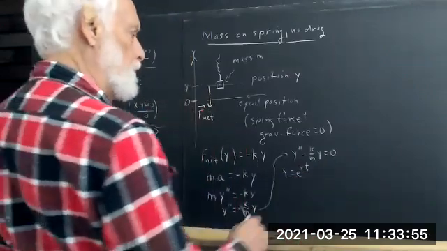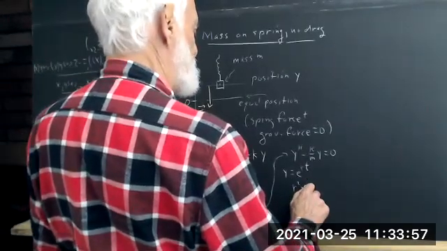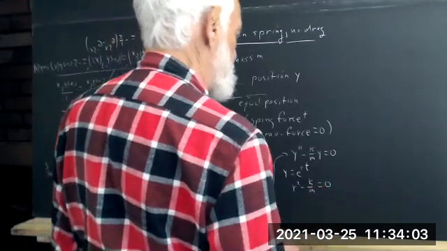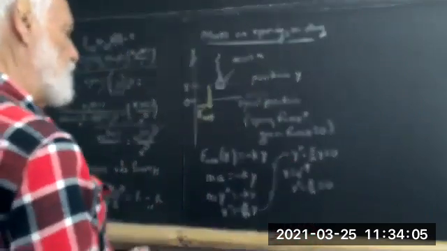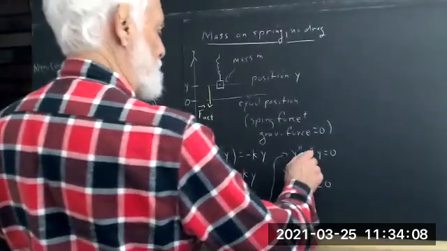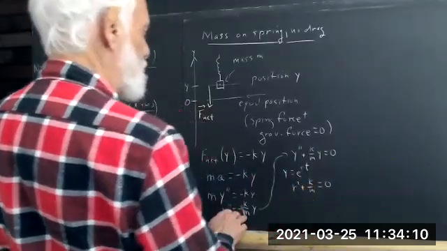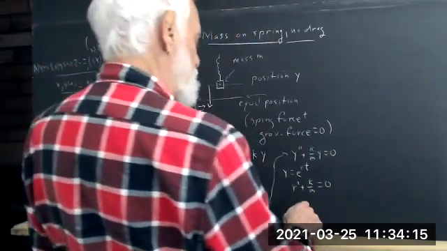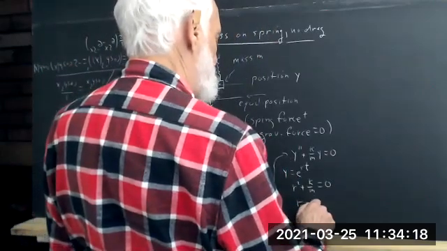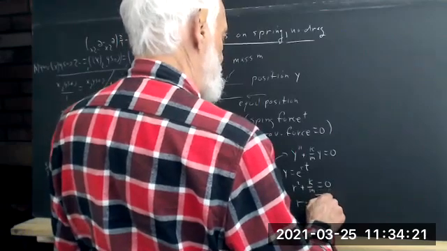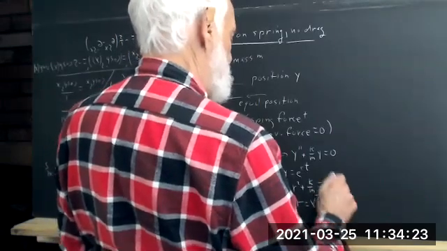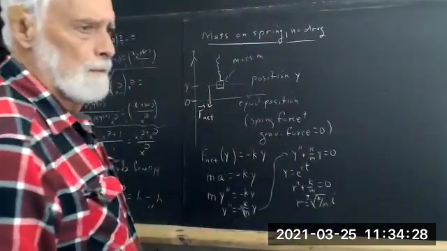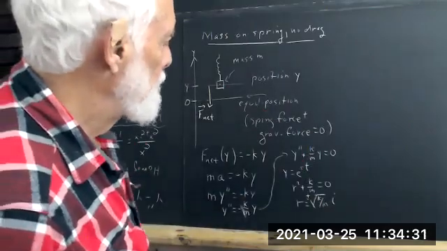Letting y equal e to the rt, you get r squared minus k over m equals 0, and it's plus k over m minus here. Bring it over to the same side, you get a plus, and r then equals plus or minus the square root of k over m times i. So that